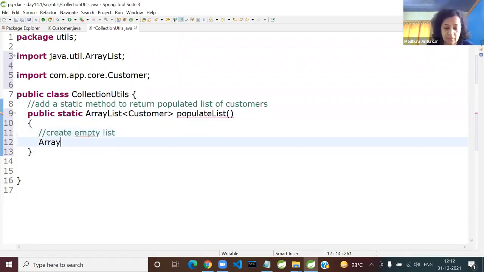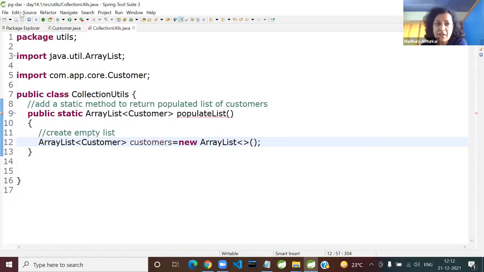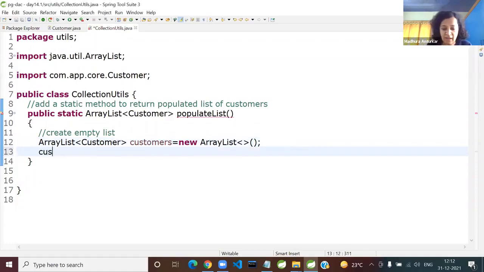Use the control space. I'm using the auto completion a lot. Customer, you can call it as customers, new ArrayList. Since it is a classroom kind of example, you can start with a default constructor. Size 0, initial capacity 10, and then you can add.